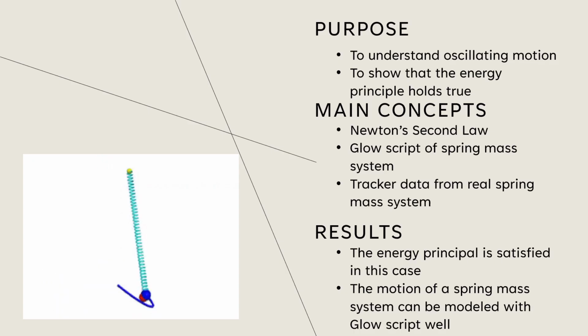For our introduction to this lab, our purpose is to understand oscillating motion and to show that the energy principle holds true. Our main concepts are Newton's second law, gravity, spring force, and the energy principle. We will use a GlowScript of the spring mass system to make predictions about what should happen and then compare them to what did happen with the Tracker data. We will see that the energy principle is satisfied in this case, and the motion of the spring mass can